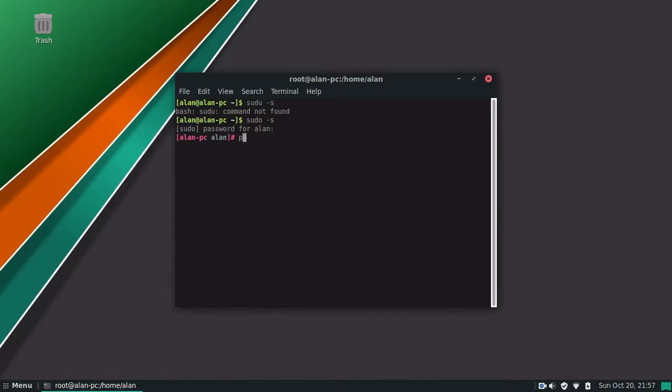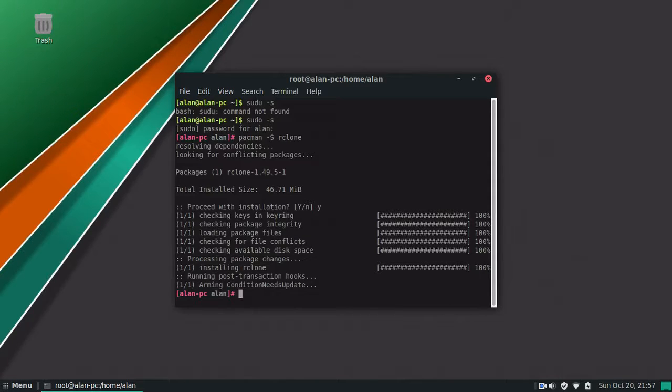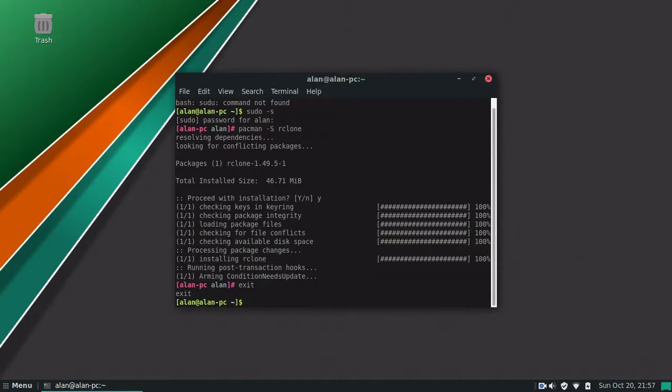So now we're just going to go pacman dash capital S. Of course. Oh wait, there's supposed to be a space there. And then we're going to go ahead and install rclone. Alright, so now that we have that installed, rclone is basically a terminal application, so we're going to go ahead and install a GUI. And I'm going to go ahead and exit this,